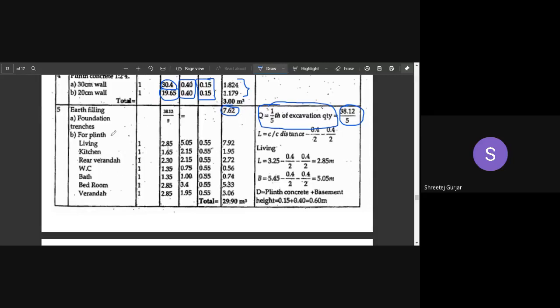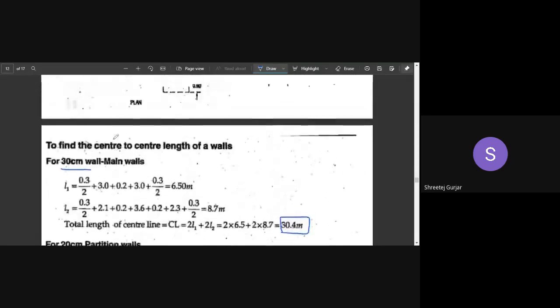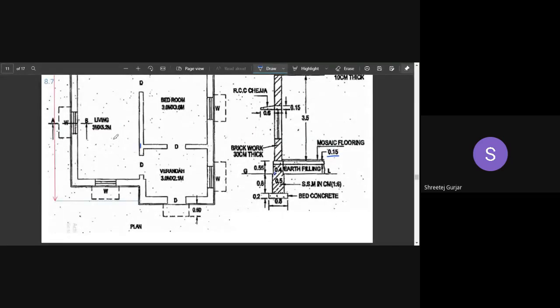Next, coming to your earthwork for plinth work, the soil that we have to fill in your plinth. Let me just scroll up and show you what I mean by earthwork filling in your plinth. You can see here they have shown this earthwork filling. From ground level up to my plinth level, I have to fill. So this is my filling that is required by soil.